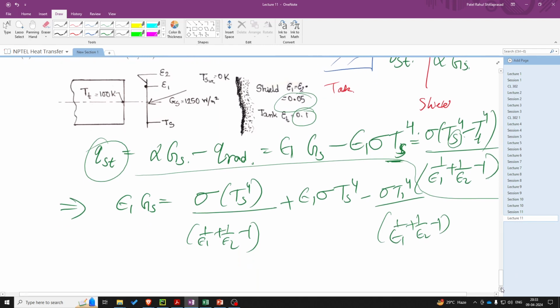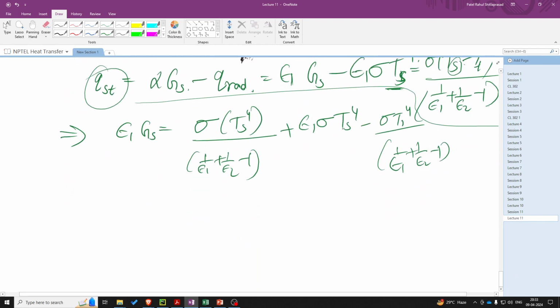So if we simplify this in order to write the equation in terms of Ts, this will be equal to epsilon 1 Gs plus sigma Tt raised to 4 upon epsilon 2 minus 1